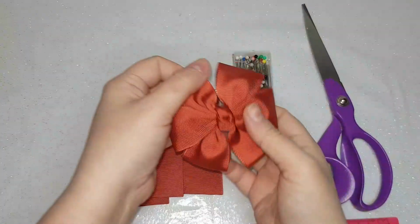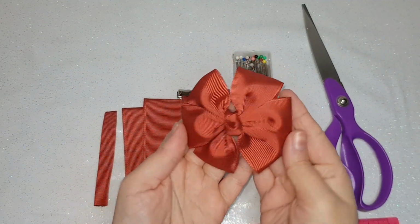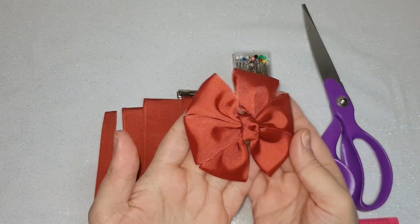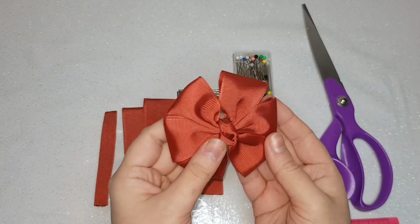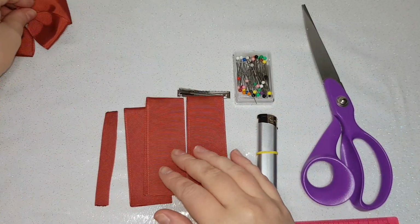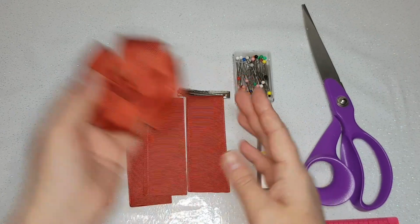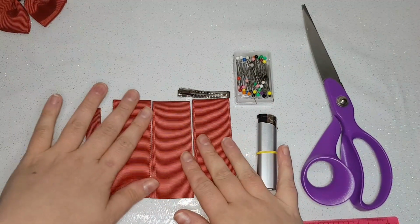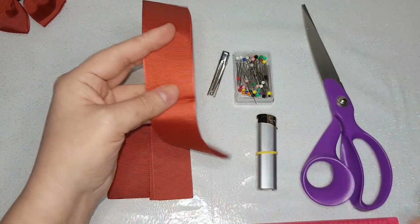Hi everyone, today I'm going to show you how to make this super simple triple tuck bow, or triple pinch bow, depending on what you refer to it as. And obviously I've got all my ribbon ready to go. This is a 1.5 inch ribbon version, and it is 3 times 8 inches, or 3 times 20 centimeters, and I have already cut everything ready